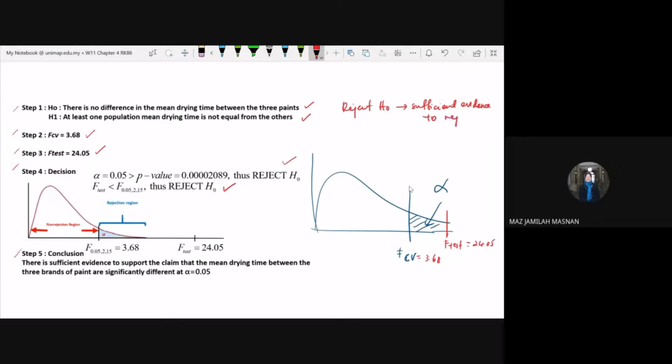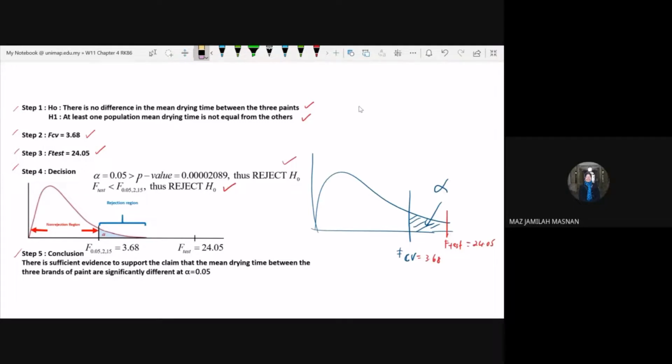In this case, I need to erase again since I directly take from your textbook. If I'm not mistaken, this is how your textbook discusses the conclusion. There is sufficient evidence to support the claim that the mean drying time between the 3 brands of